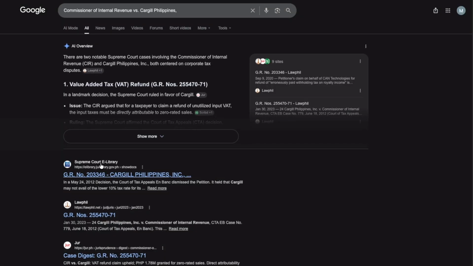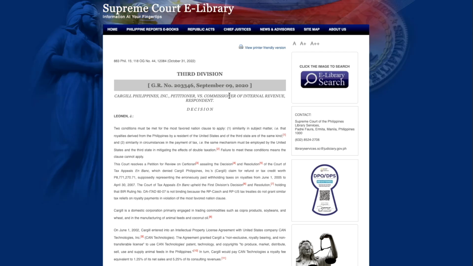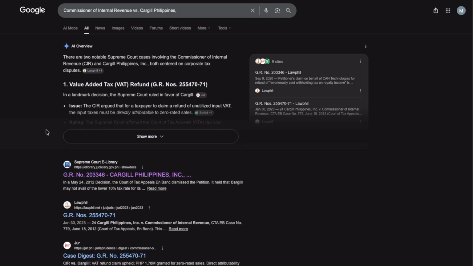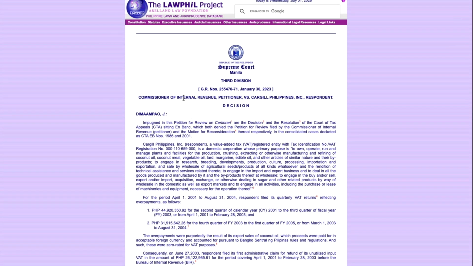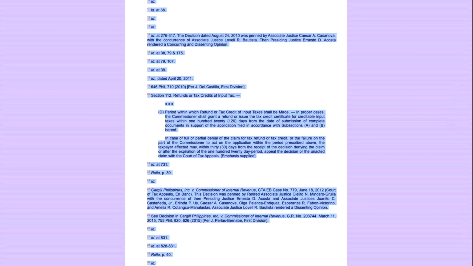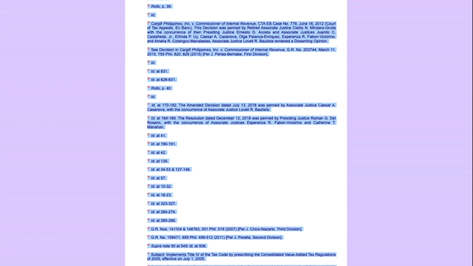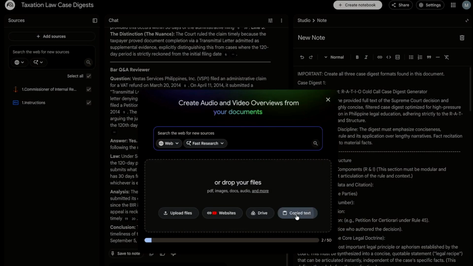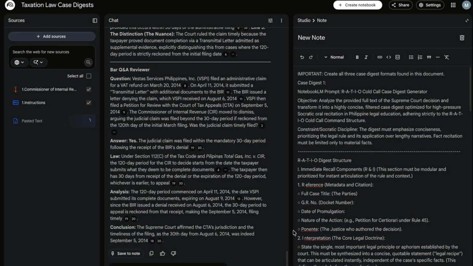So this is the case. It's from the Supreme Court e-library. Oh no, it's not the correct one. So this one, 2023, 25547071. So what we'll do is we'll copy the text and then copy text, paste it here,